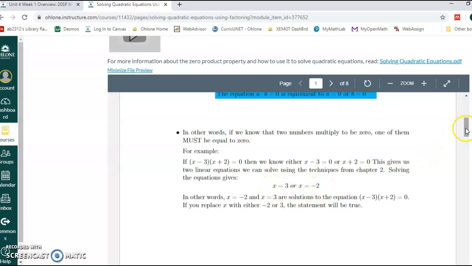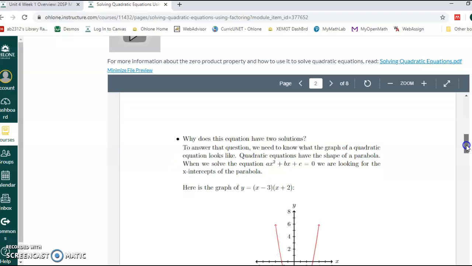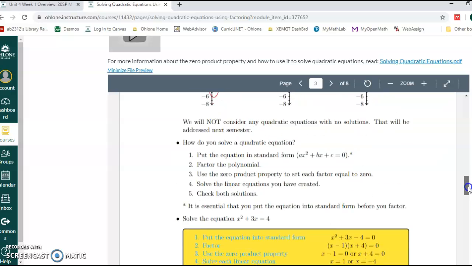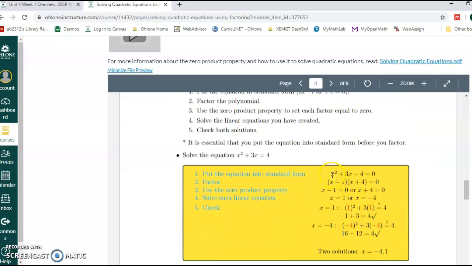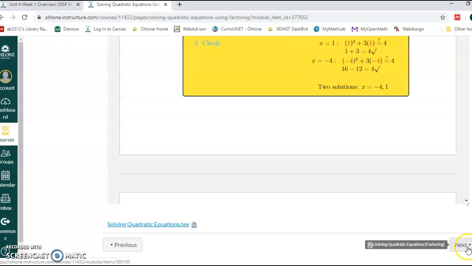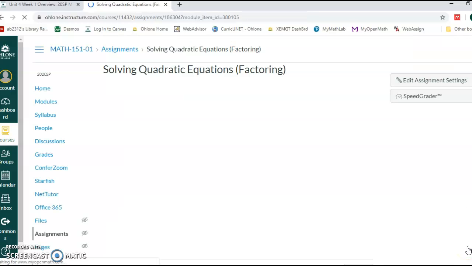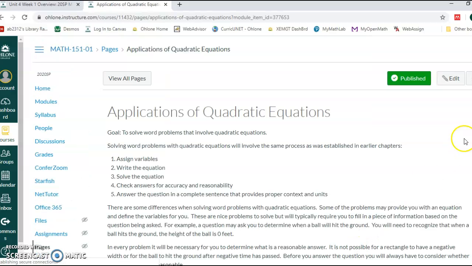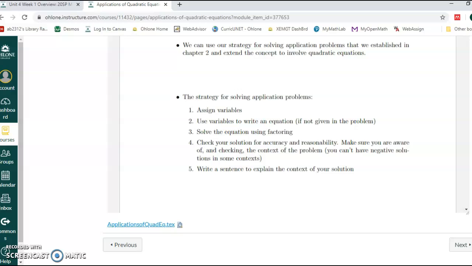Okay, the whole purpose for you to learn how to factor was so that you could look at a polynomial like x squared plus 3x minus 4 and rewrite it in factored form, which means it is now a product, and you can work your way through the solution. Okay, once you are done with quadratic equations and solving them, and you work your way through the homework, and the word problems, of course,